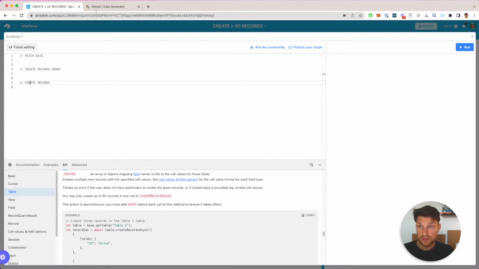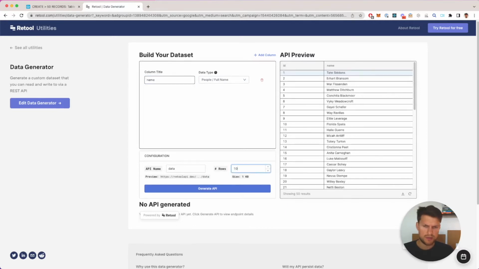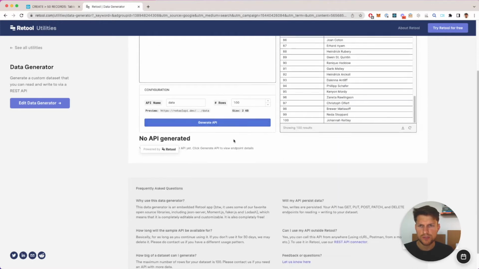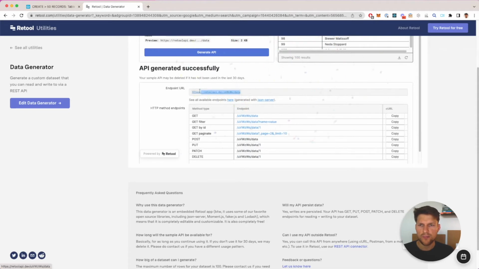We need some data, so let's get some random data. I found this random data generator provided by Retool. Cool, very cool company as well, and very cool tool as well. We type a name here because that's what we get. We get an ID and a name, and we want actually 100 rows. See, this looks good. We go on generate API, and we get an endpoint which we can use